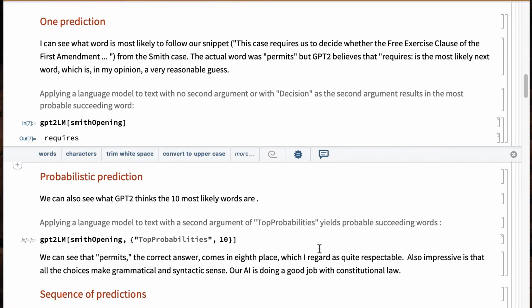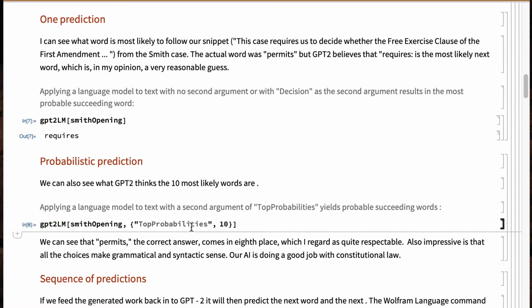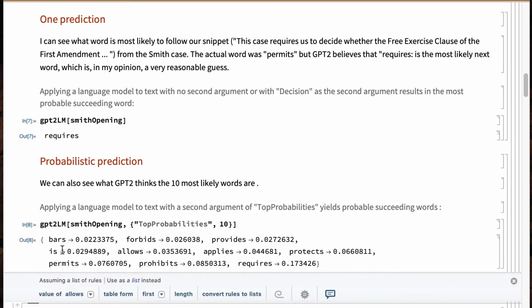Now, let's try and see what the 10 most likely next words are. And to do that, we'll again put Smith opening here so it knows what the seed is, and then I'll say get me the 10 most probable completions of that. So we have bars, forbids, provides, is, allows, applies, protects, permits, that's the one that was actually picked, prohibits, and requires. And so it actually picked the fourth most